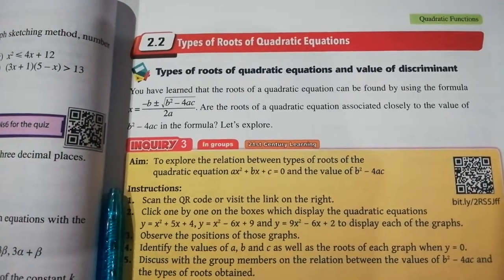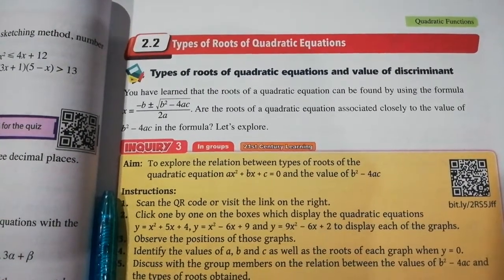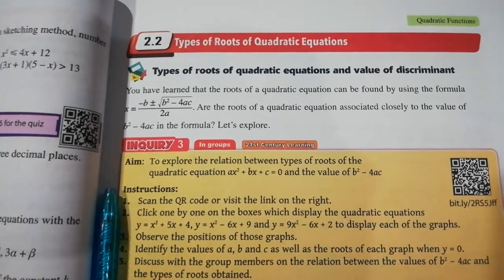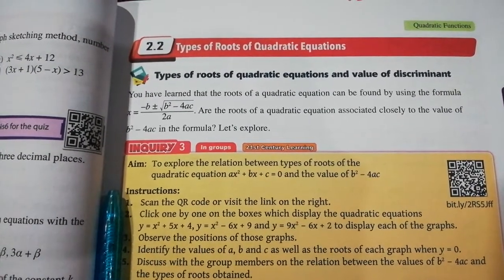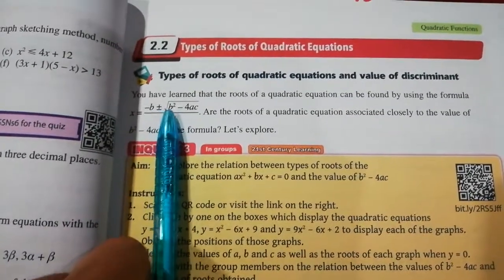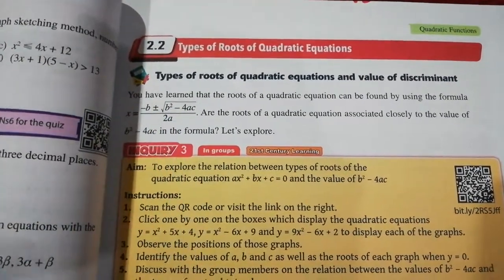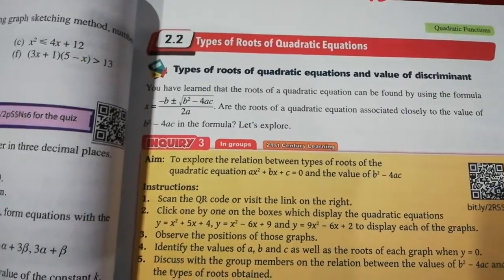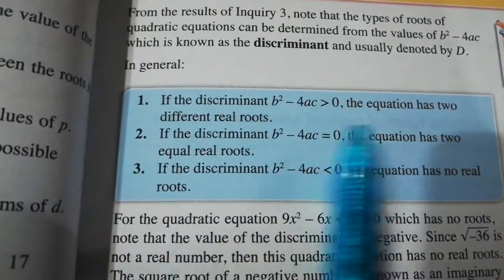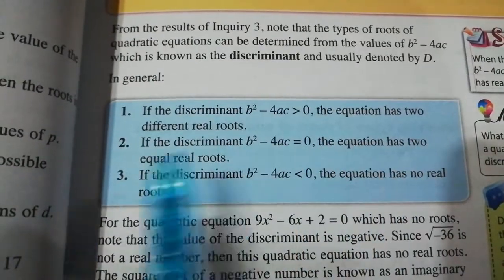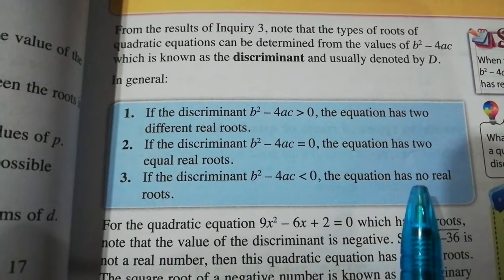For last week's lesson, we did the type of roots of a quadratic equation, where we use the discriminant, which is b squared minus 4ac. This is the discriminant b squared minus 4ac, used to identify the type of root of a quadratic equation. We have three types: two different real roots, two equal real roots, and also